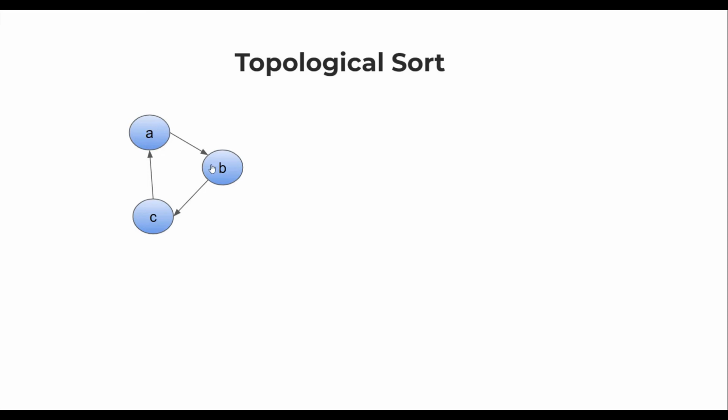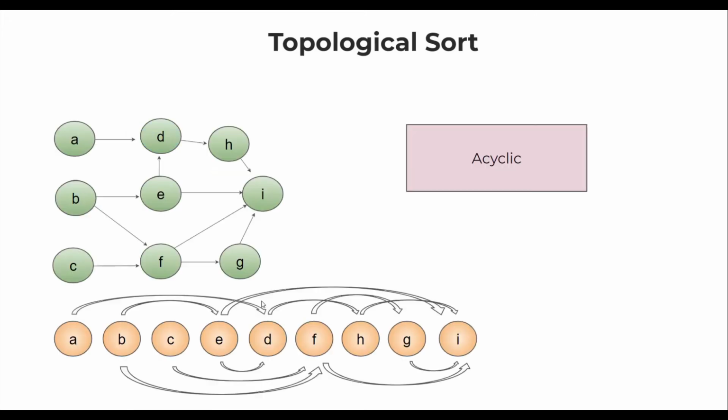Where will you start? You cannot start with A because it is dependent on C. C is dependent on B. B is dependent on A. This is a cyclic graph. Similarly, if you consider this one, again you cannot say which one comes first at all. It is like a chicken and egg question which cannot be answered. So it is impossible to find a topological order for cyclic graphs. Topological sorting can only be done if your graph does not contain any cycle.